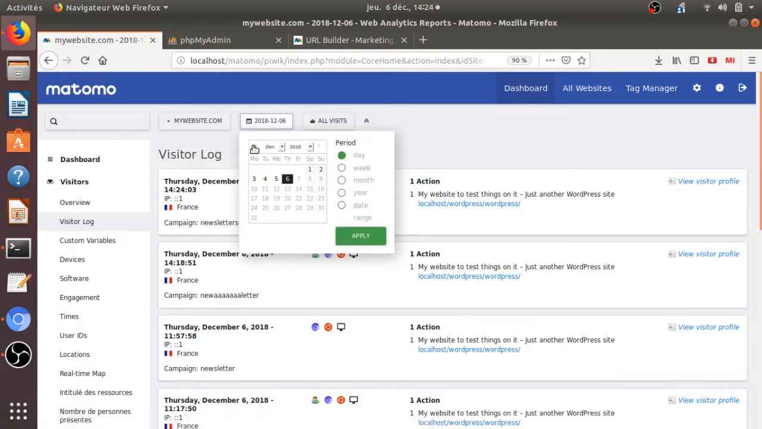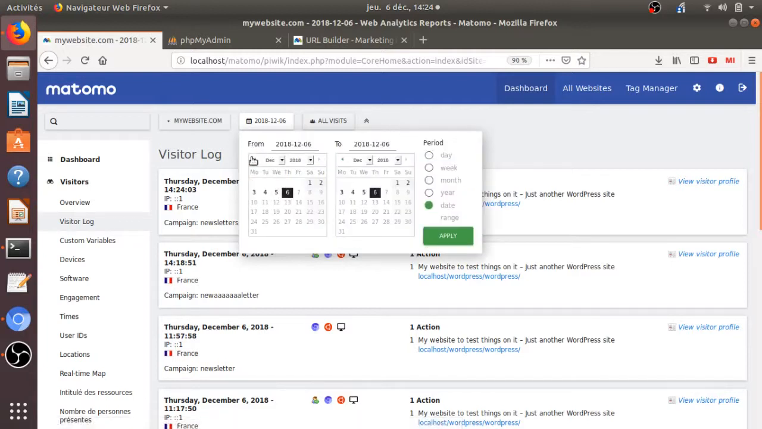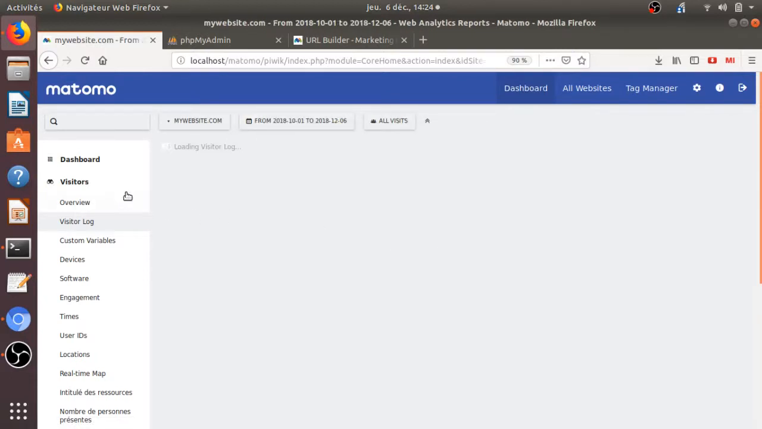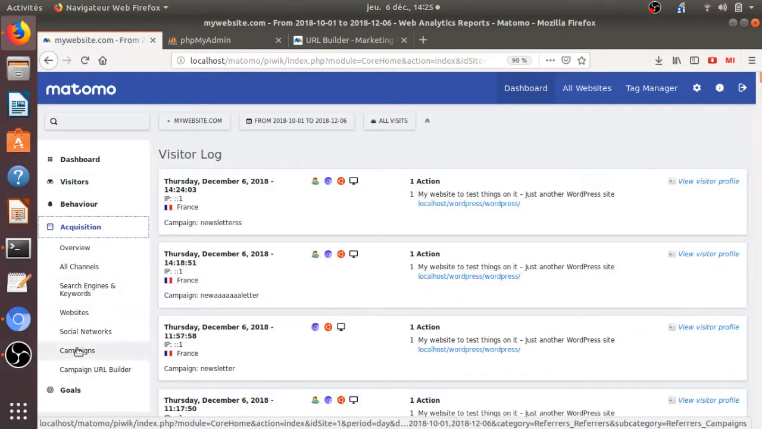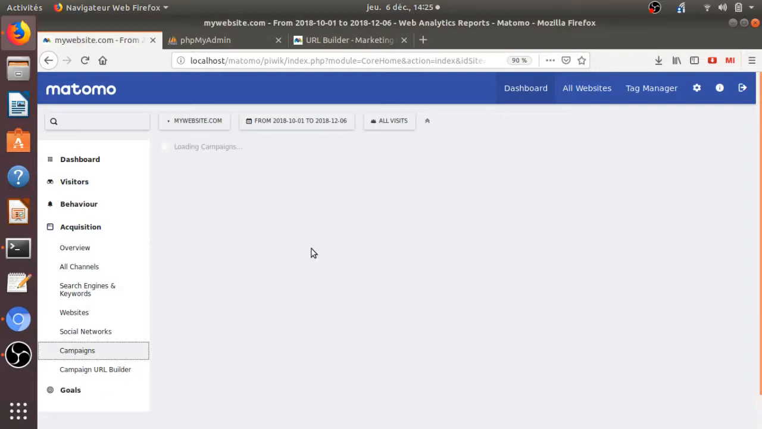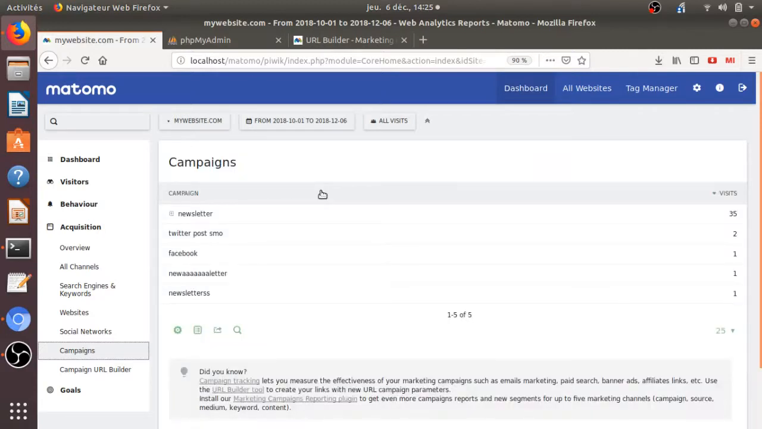So the consequence here is the following: if you go up here and pick up the date range, if you select, let's say, October the 1st to December the 6th, and if you look at the campaign report, which is over here, you will see the problem, which is having newsletter written with one S and the other one written with two S, right? So that's what you can experience here. So you have two S here, and here you have just one, and you would like those two to be merged together in order to have 36